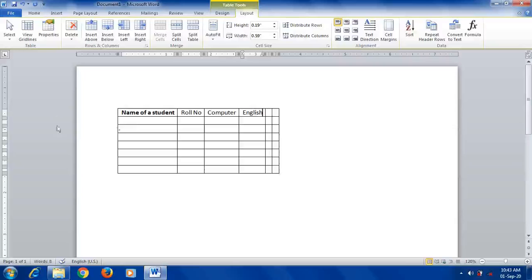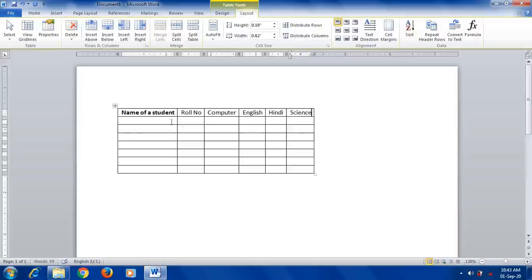You can see here the column width is not the same. According to the content, the width is increased. Here we have not entered anything, so that's why it is in default mode. When we enter values in these two columns also, for example, let me add Hindi, and here we add one more subject, science.